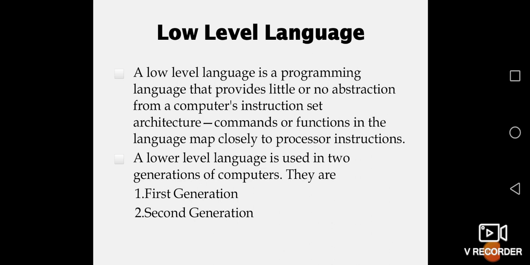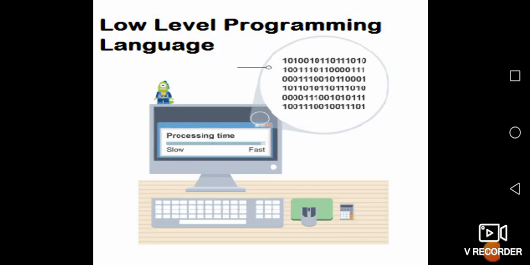A low level language actually means it is a basic computer instruction set architecture alone. Just the way it understands, it will respond to you. But when it gives you an output of its own, you will not understand what it is. There are two generations which follow in a low level language. First is the first generation and the second one is the second generation.